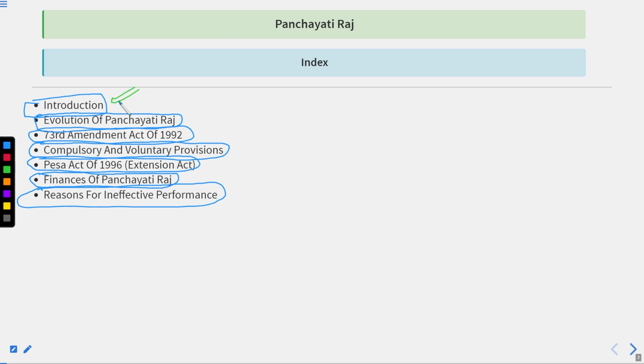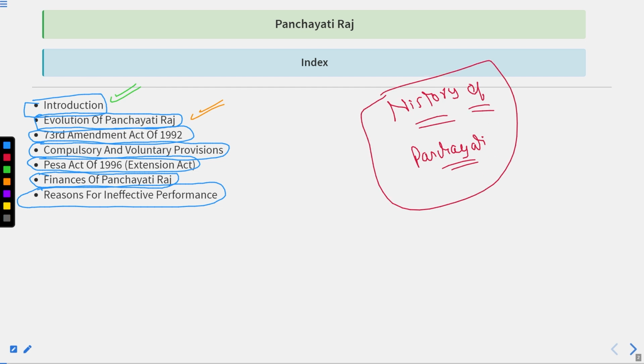Out of this, we had finished the introduction part, and we have been discussing the evolution of the Panchayati Raj. In the previous lecture, I had told you about the history of Panchayati Raj, how the Panchayati Raj existed in India before the Britishers, what the Britishers did with the Panchayati Raj, and then why we had to establish it again. Now we are talking about how the Panchayati Raj evolved again in India. And so far, we had finished the Balwant Rai Mehta committee